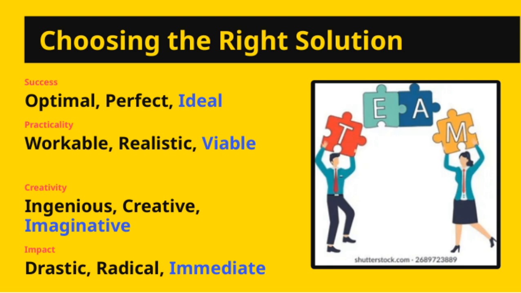These are the options that you can actually implement. They might not be the flashiest, but they are grounded in what's achievable given our resources and constraints. Practicality helps us ensure that our solutions are sustainable in the long run. Finally, we aim for the optimal, perfect, and ideal outcomes. While these might be aspirational, striving for the best possible solution is essential for success.